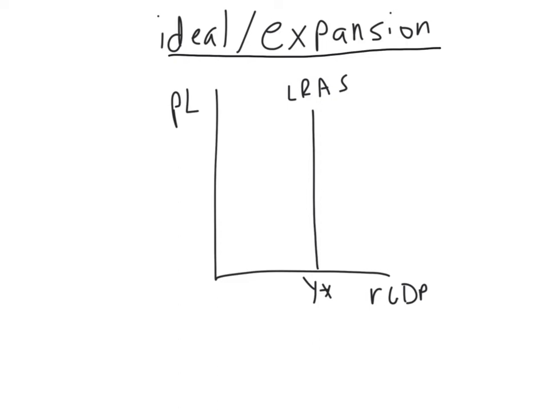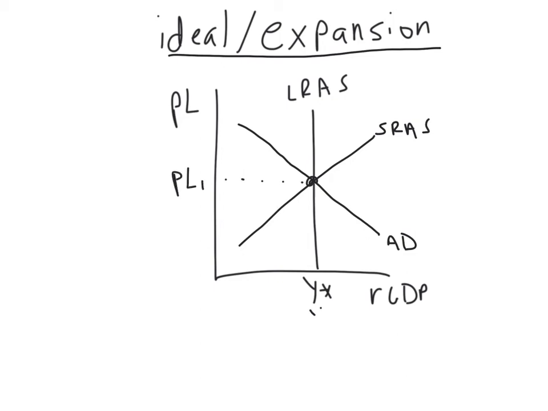In the long run, we have the aggregate supply curve fixed at that real GDP rate. So all we need to do then is draw the short run aggregate supply and the aggregate demand curve to intersect at LRAS. So current output, Y1 in this case, equals potential output. The short run equilibrium is always the current output, and the LRAS is potential output. So in this case, current and potential output are equal.